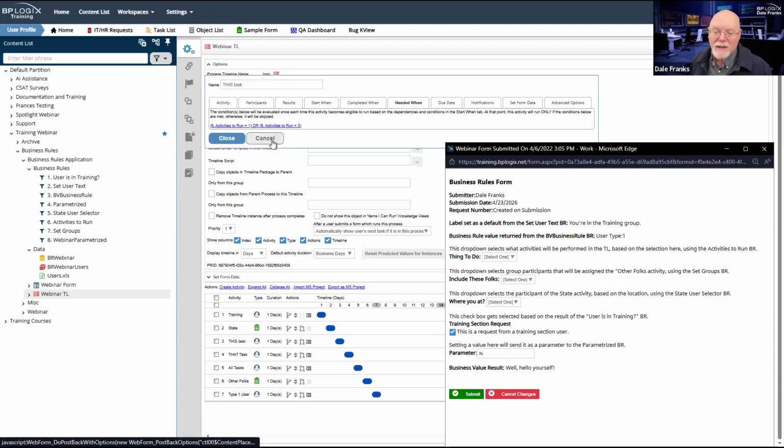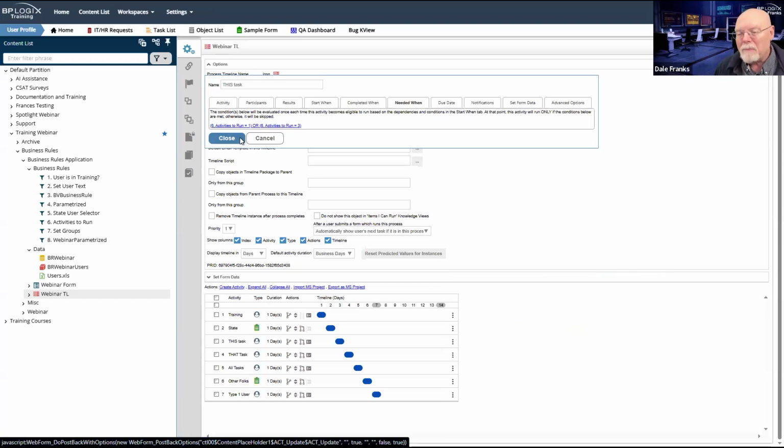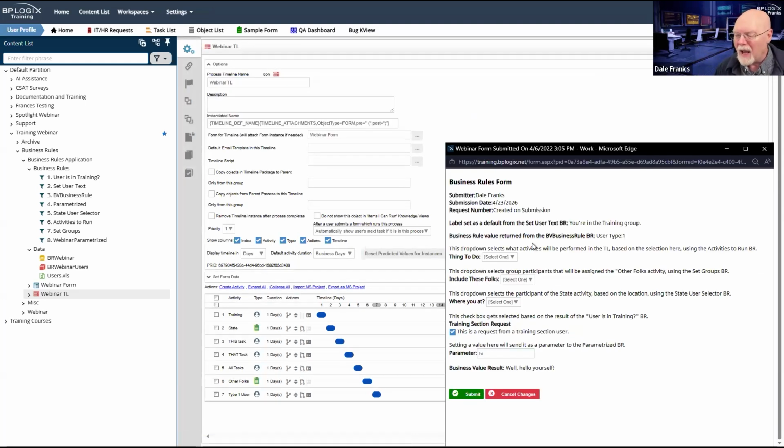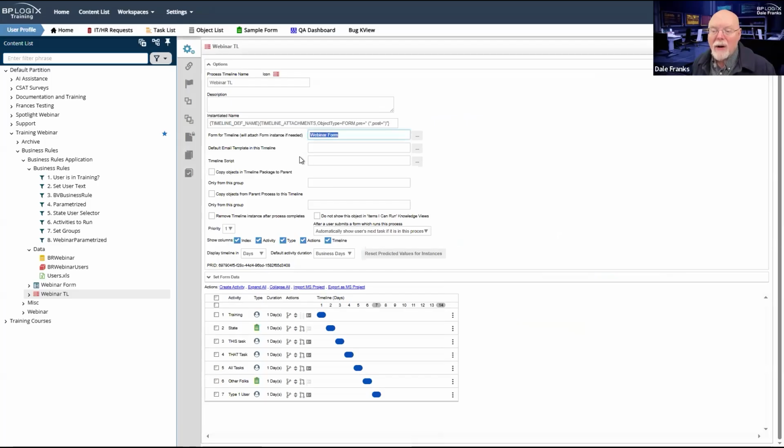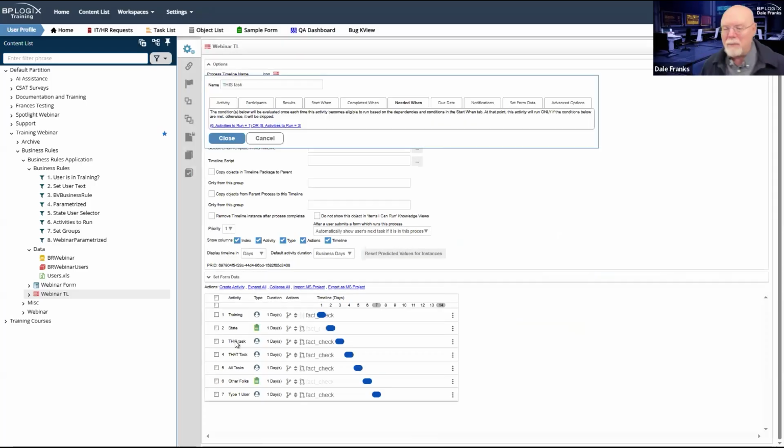Because this process timeline, and the business value is number 6, activities to run, which we'll look at, but that business value is actually looking at a form field value. I don't technically need to jump through the business value hoop here because I already know what the form for the timeline is. So for any of these tasks that are being assigned by business rule that I'm using here, these business rules are unnecessary.